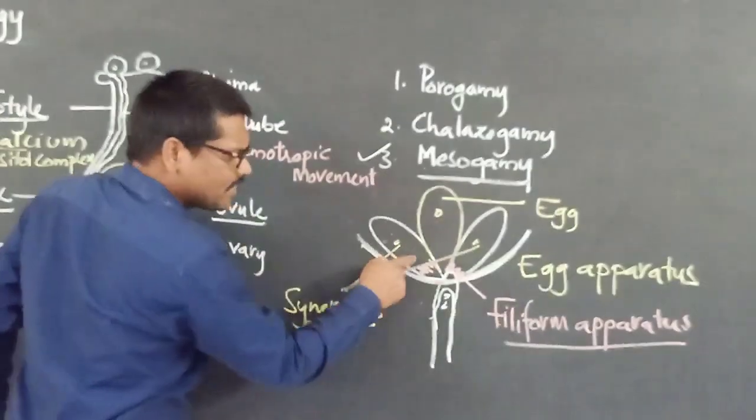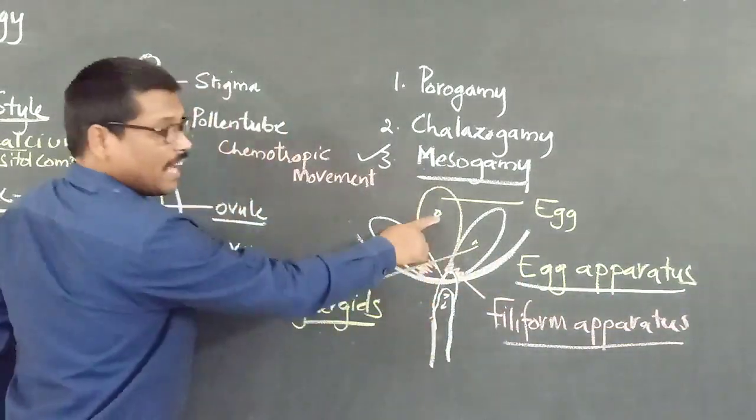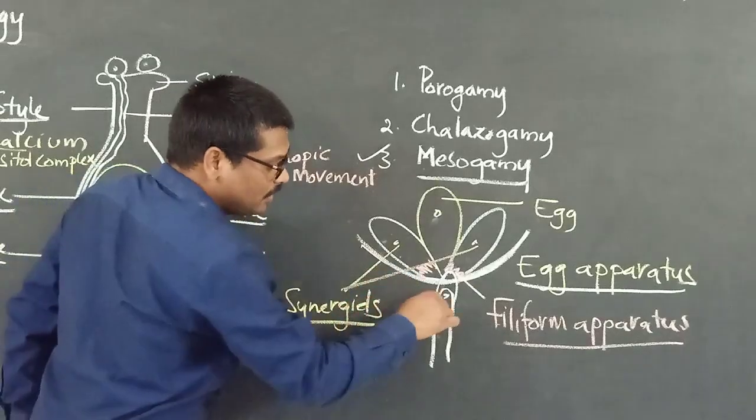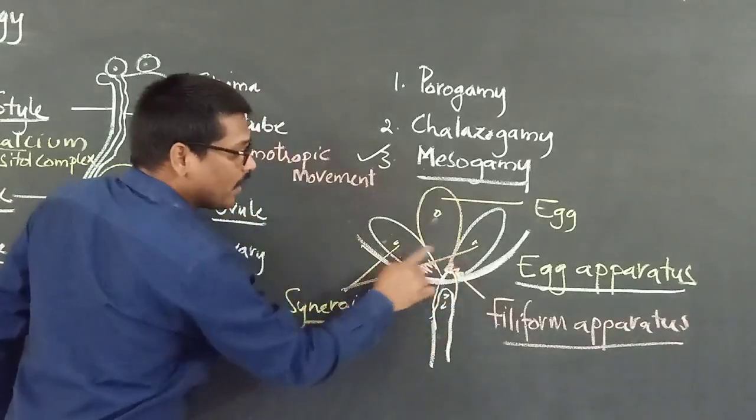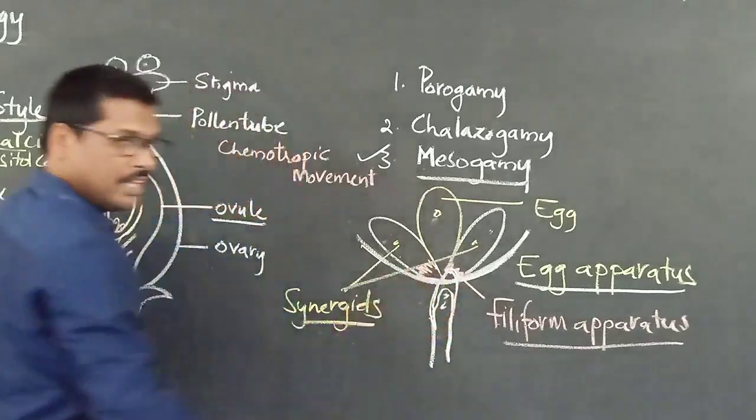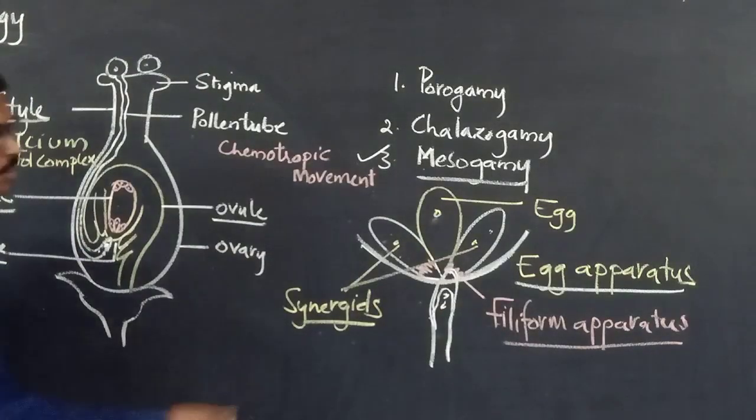See here, there are three cells which together we call the egg apparatus. This pollen tube is not directly coming in contact with the egg. So here what is happening? The pollen tube is entering into one of the synergids, carrying how many gametes? Two male